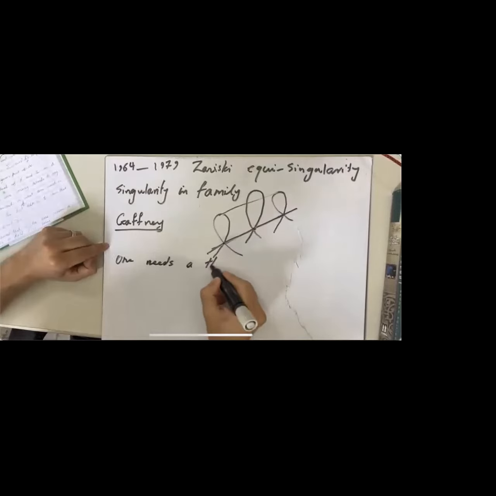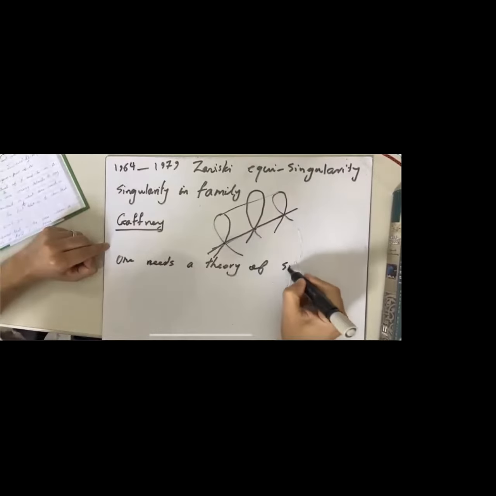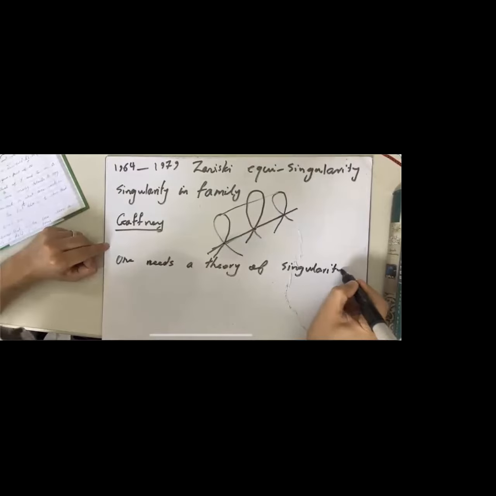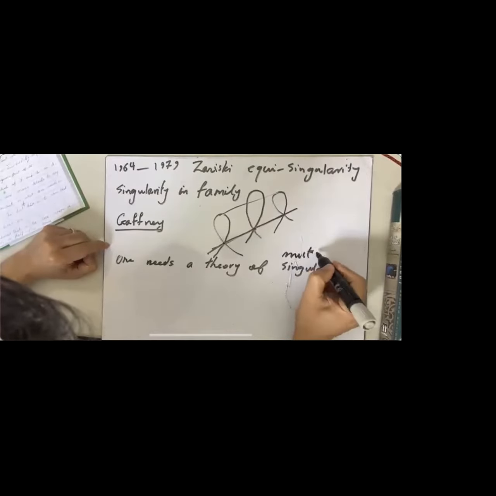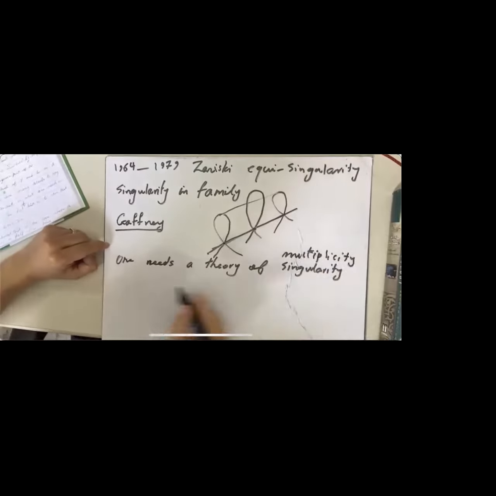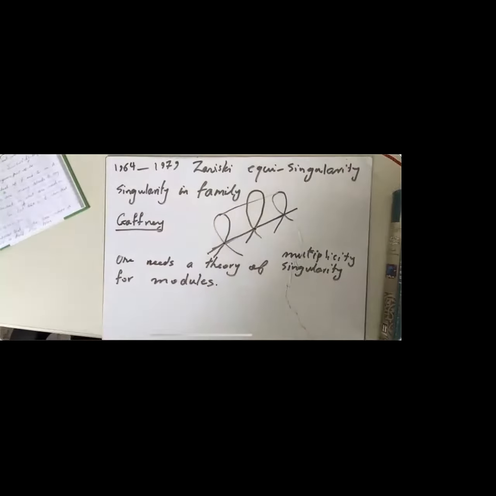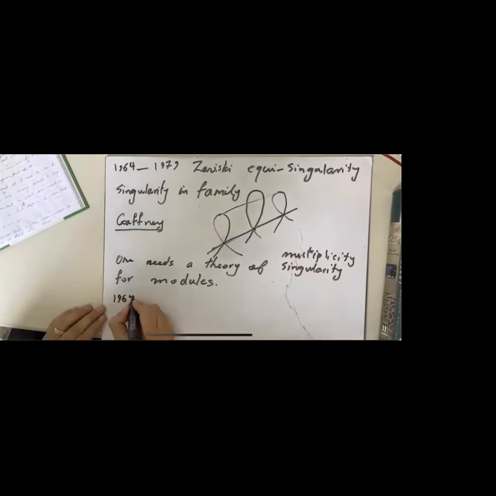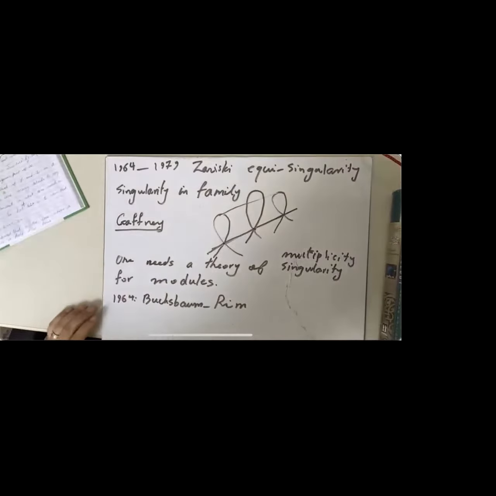a theory of singularity, or a theory of multiplicity, for modules. So this was the idea of Gaffney, that to study this family, we need some multiplicity for modules. But what happened was that exactly in 1964, Buchsbaum-Rim had already established this theory of multiplicity for modules that still bears their name,